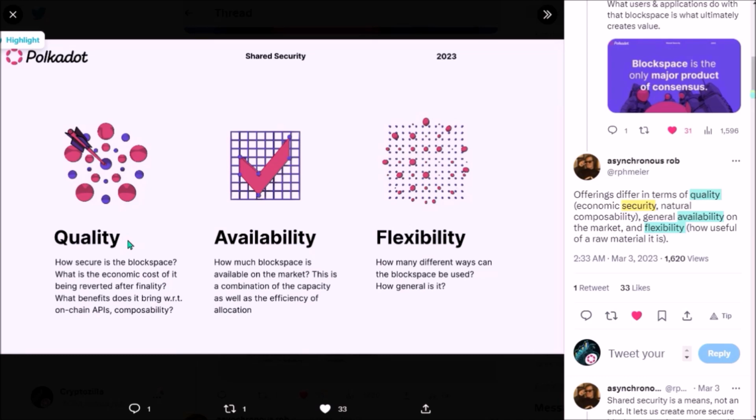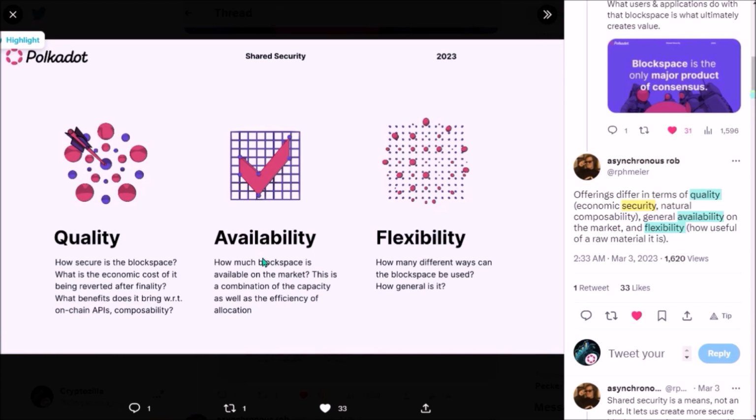Blockspace produced by different blockchains differs in three major characteristics: quality, availability and flexibility. Quality of Blockspace is equivalent to its security, meaning high-quality Blockspace should produce permanent records on the blockchain's ledger. High-quality Blockspace is resistant to attacks and consensus faults. Then there is Blockspace availability, which means high-quality Blockspace is available whenever there is demand for it, so not necessarily all the time, but always when it is needed.